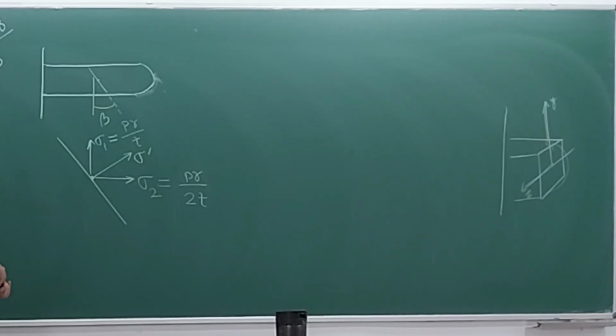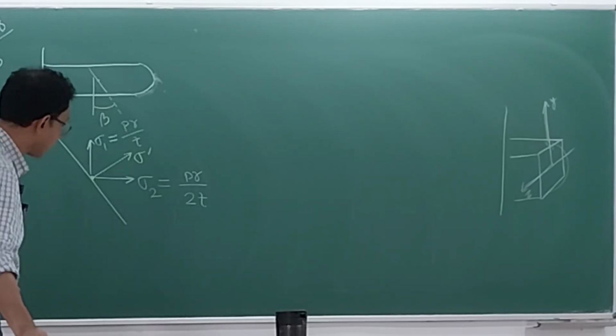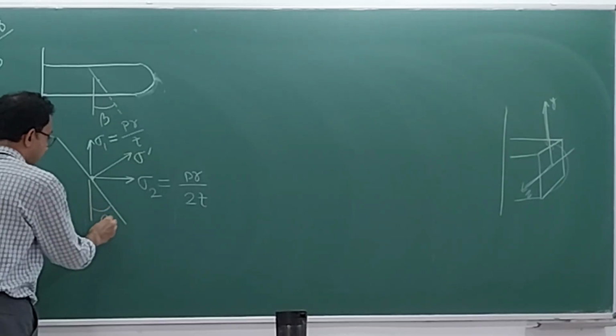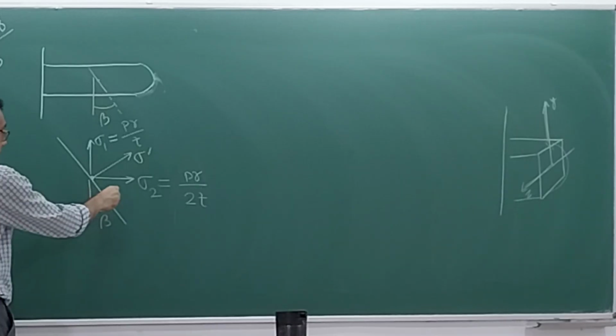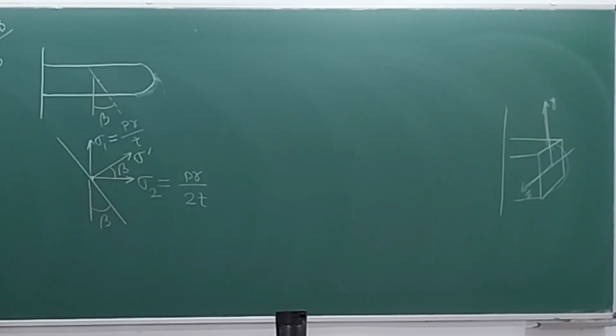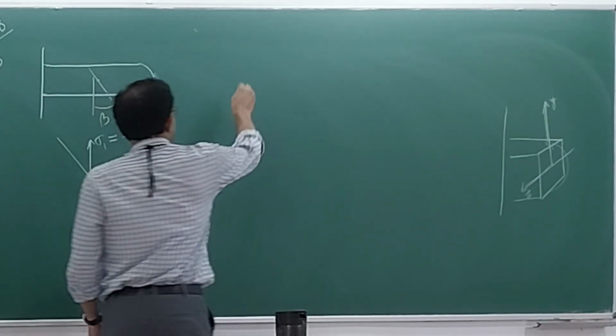Here you note that this is beta, which means this is 90 degrees minus beta, which means that this is beta. Whatever the actual engineering situation was given to us, we have now translated that into the language of what we know from the stress transformation chapter. Now it is just a question of using the appropriate formulas. So this sigma dash